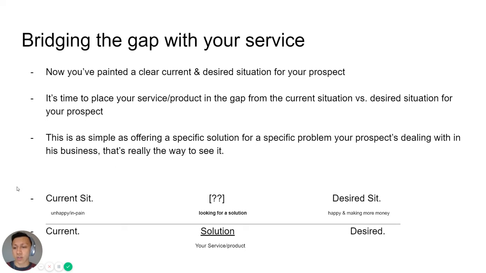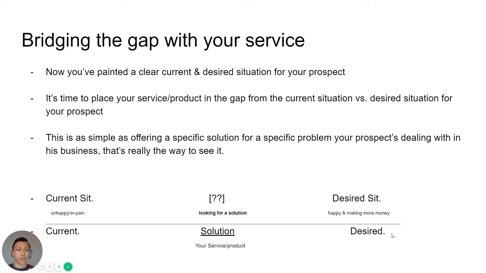So, you have the current situation where I'm hovering my mouse over, they're unhappy, they're in pain. And in between, they're just looking for a solution, right? On how they can get to that desired situation that they just told you about. And then you have to go ahead and show how your service or product is that gap that can get them from the current situation to the desired situation. And that's what people will pay a lot of money for,